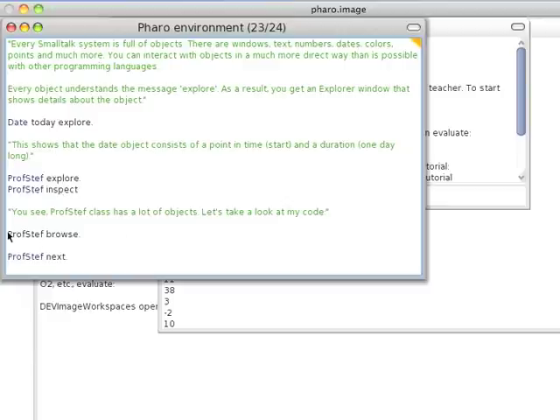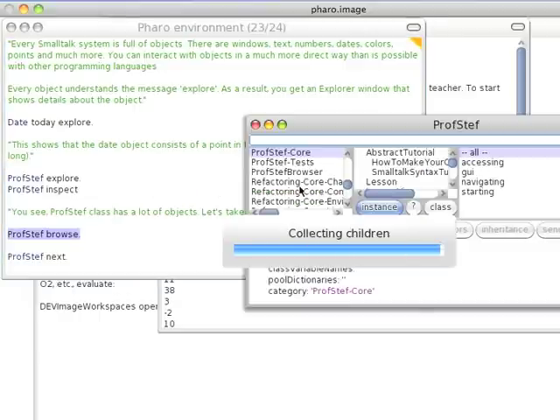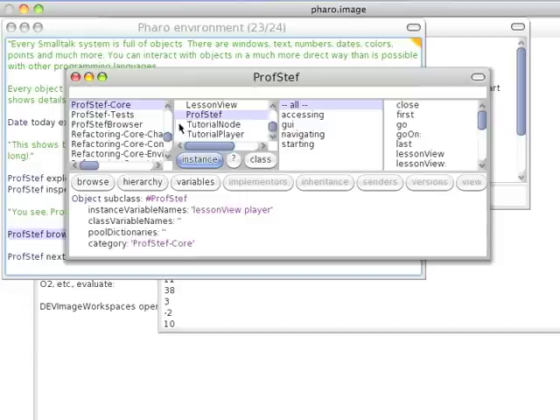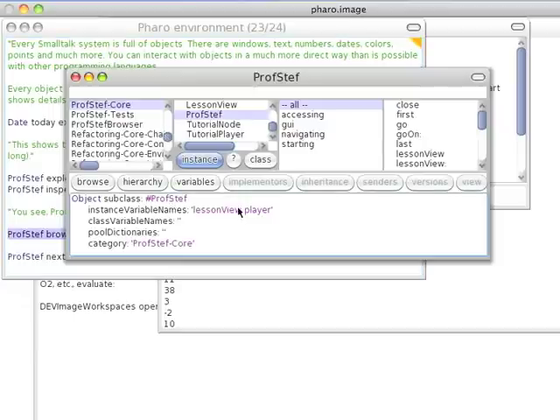Now browse will also work across all Smalltalks. I can browse an object and it'll take whatever object I'm looking at. If it's an instance, it'll get the class. If it's a class, it'll get the class. So I can do this, do it, and I will get a browser, and it's collecting all the children, because by doing this I get the class hierarchy browser. And there we go. We have ProfStef. It's looking at this class, and here we have a class browser with